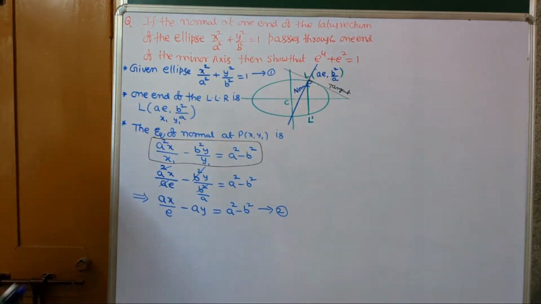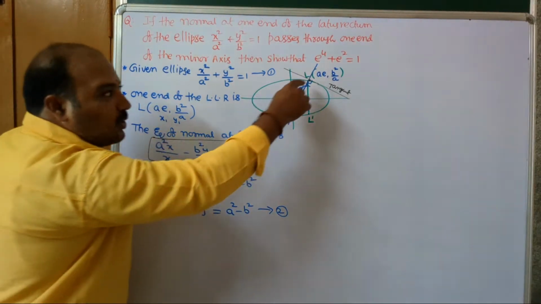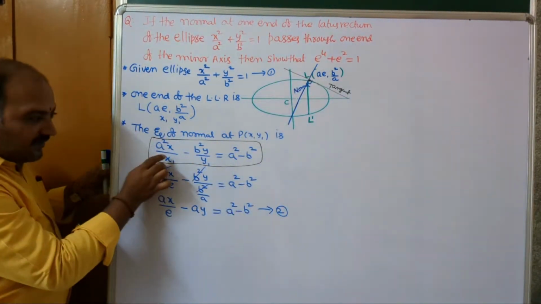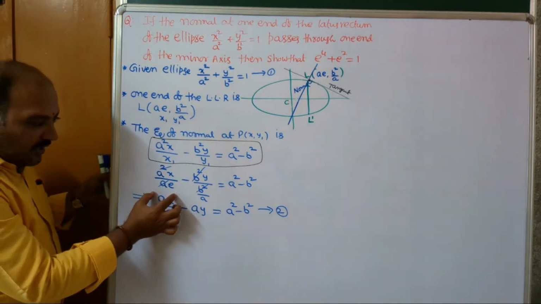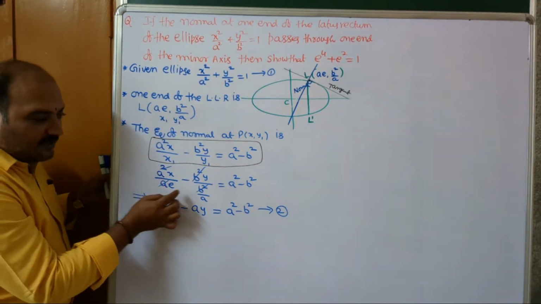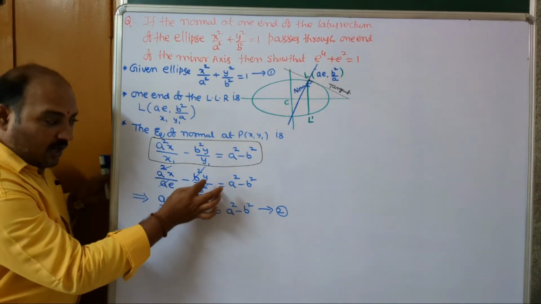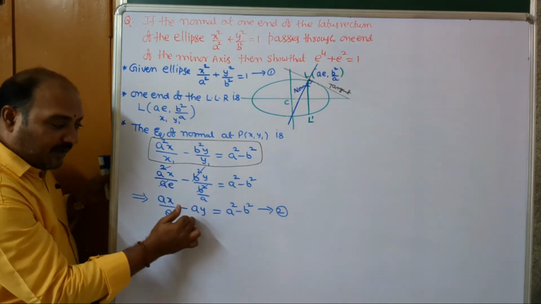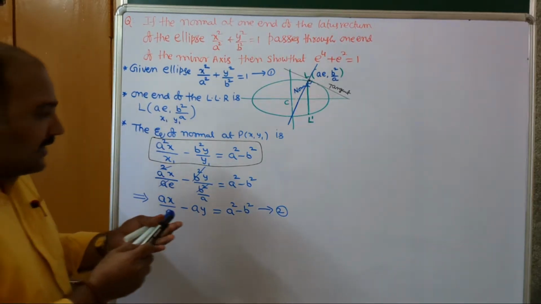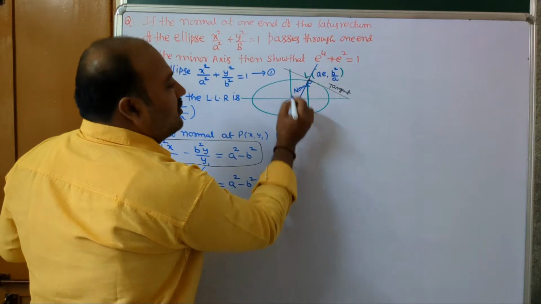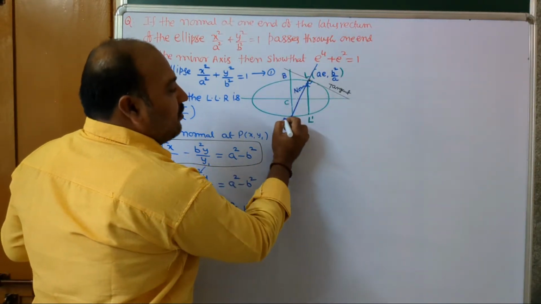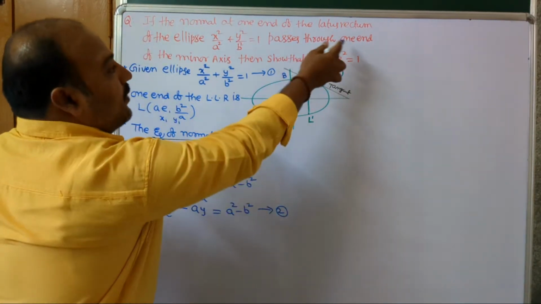So this is passing through L only, no? So in place of x1, y1, we substitute ae comma b square by a. So a x by e, a gets cancelled, b square gets cancelled, y by 1 by a, the denominator goes to the numerator: ay equal to a square minus b square. Again this equation, say equation 2, passes through one end of